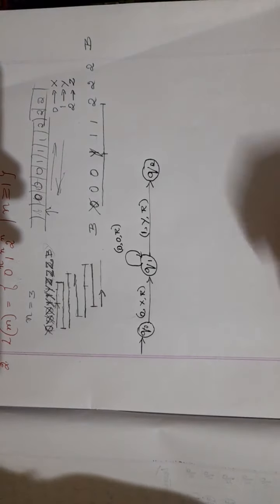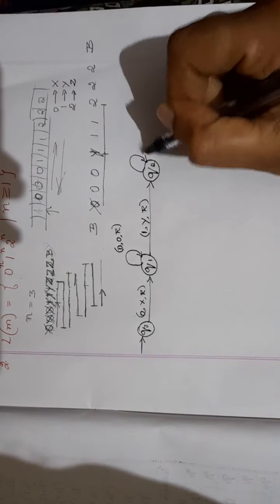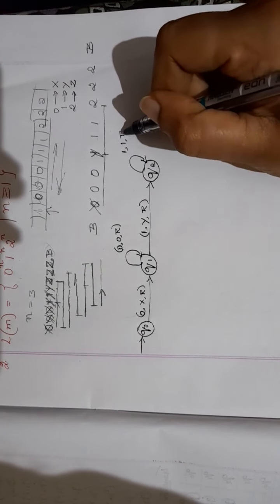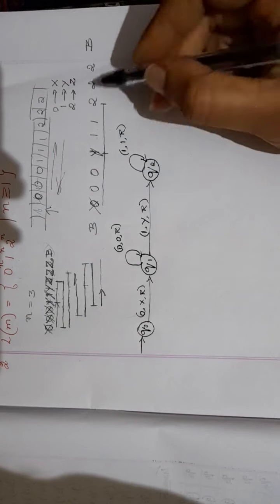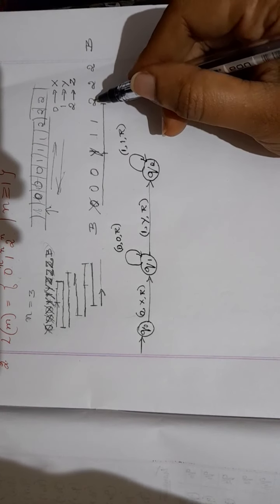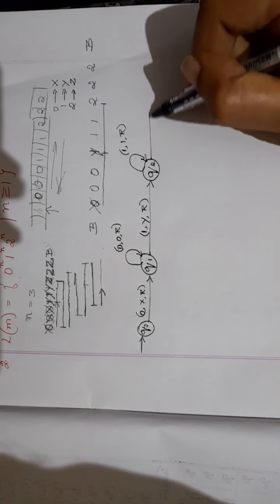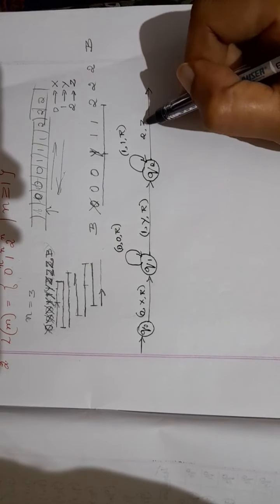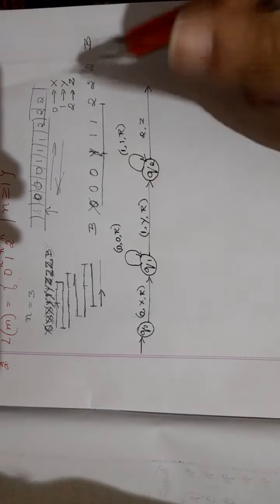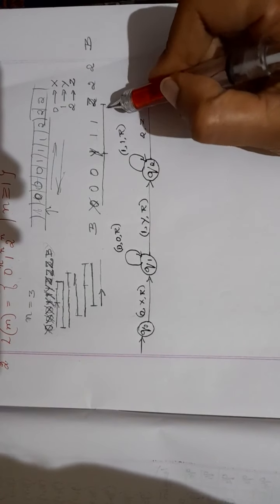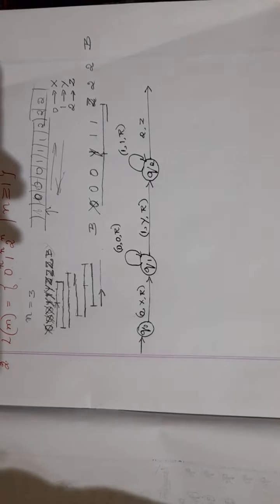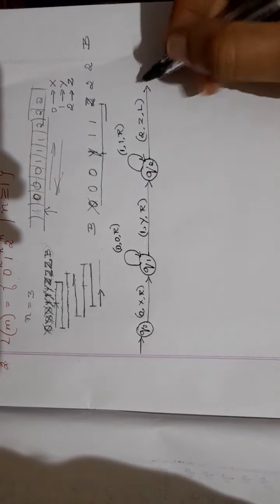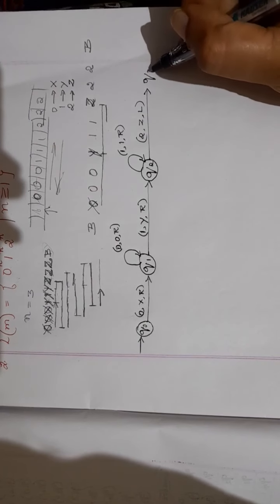So I'll have a loop here now. If I'm reading 1, keep it 1 itself and move right. When you're reading 2, you should stop, change it to Z. When you're reading 2, replace it with Z, then what you should do? After replacing it with Z, you should change the direction. So I will move towards left now. Okay. So this is next state Q3.